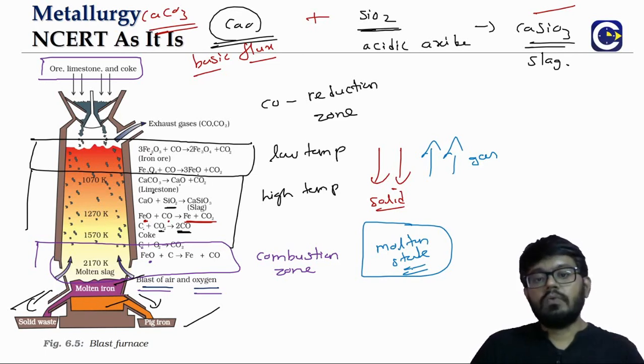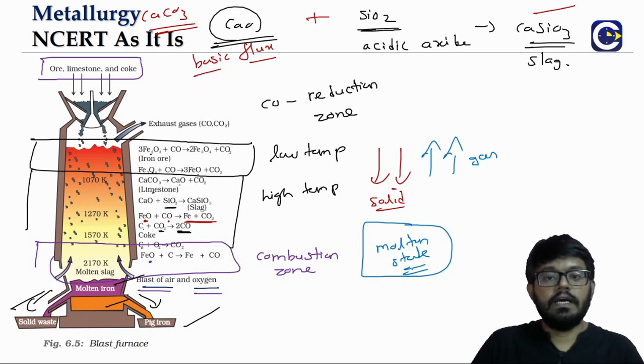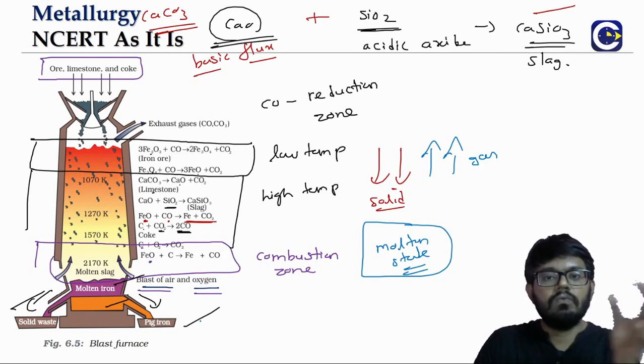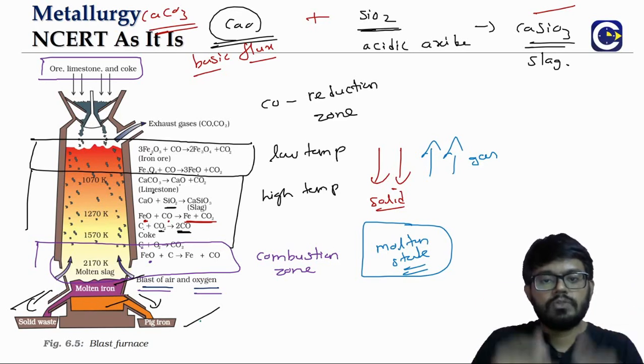and the fuel, here what is the fuel? Coke is the fuel, because how do we get the heat? Because of the combustion of coke, right? They are mixed together and then put into the blast furnace. When we go to the reverberatory furnace, we will see there will be a difference. There we will not directly be mixing the ore and the fuel part. Only in the blast furnace the ore and fuel will be mixed together.